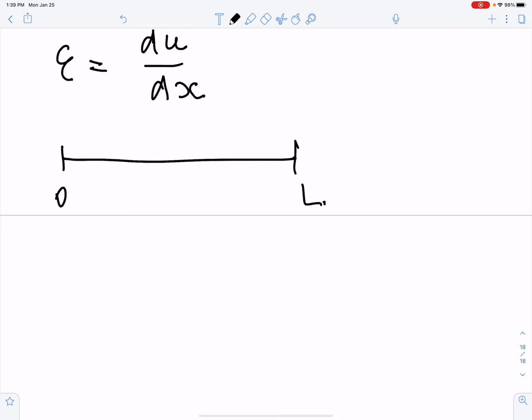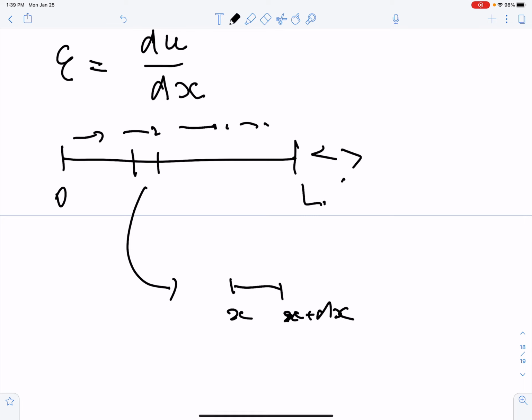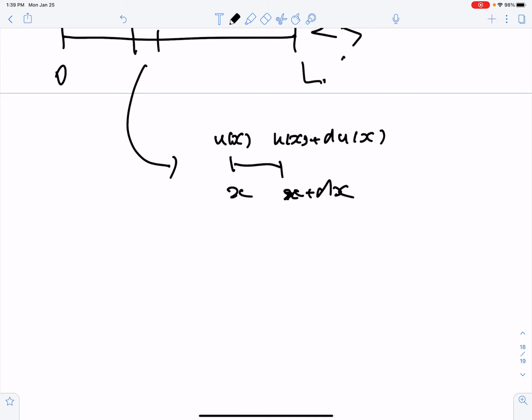Okay. So again, the way you see this is if you take a look at the original bar, 0 to L, you take an infinitesimal piece, say x, and this is x plus dx. You've applied some force to this piece, and you've developed a displacement field, which is here u of x, and here is u of x plus du of x. And so the new elongation of the bar becomes